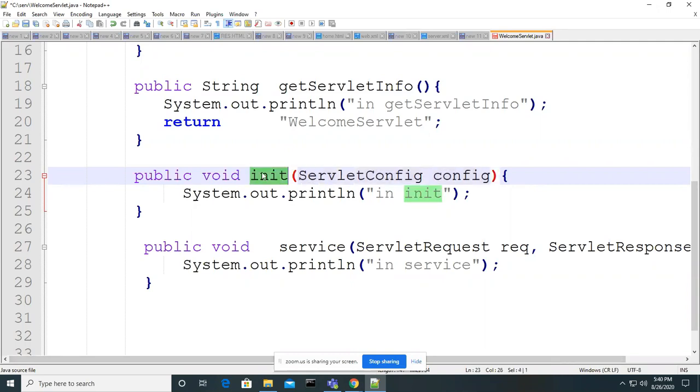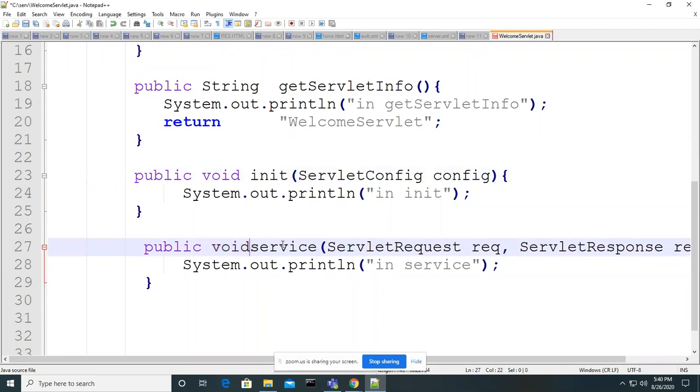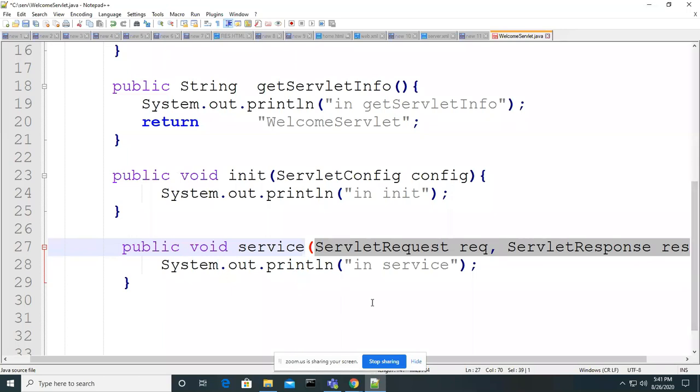And the service method is also returning void, so once this method executes, it doesn't return anything. The service method takes two inputs: a request object and a response object, that is, a ServletRequest object and a ServletResponse object.